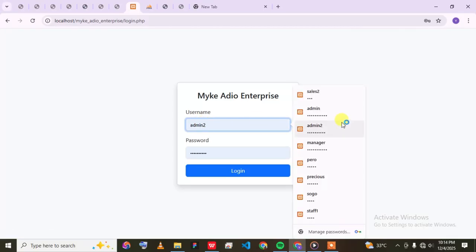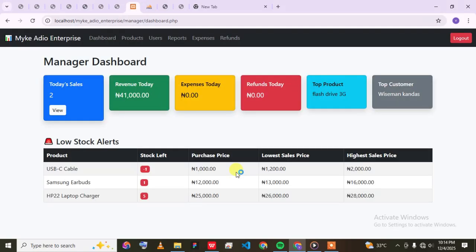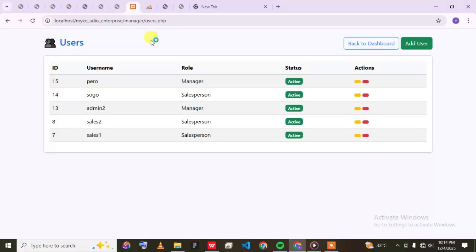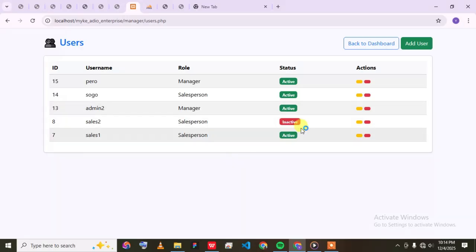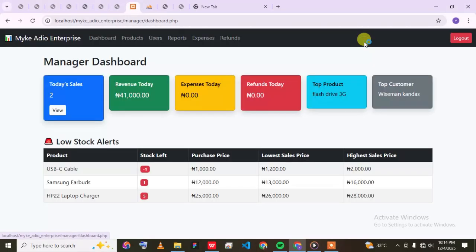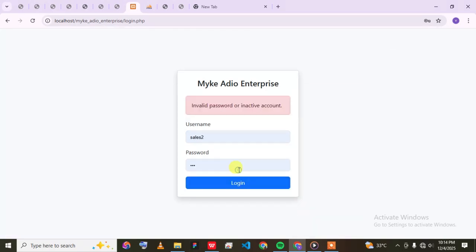Let me log in as a manager. Now look at admin 2, and I'm logging in as an admin. I can decide to come to user here and come to sales 2, click on edit, and then deactivate her. Now I have deactivated her. She's inactive. Let me go back, log out, and try logging in as sales 2, and let's see. You see, invalid password or account